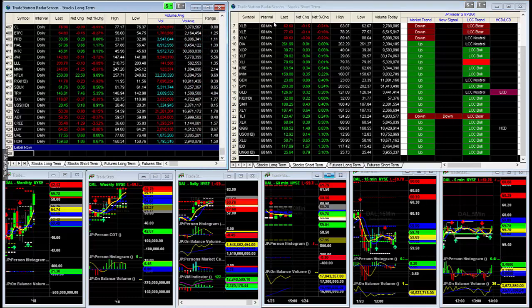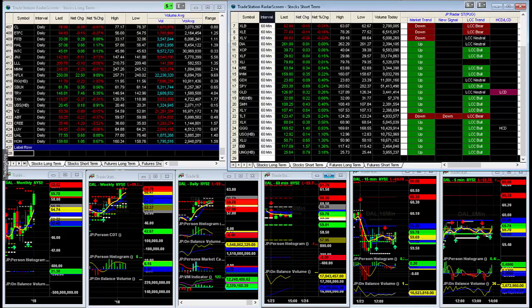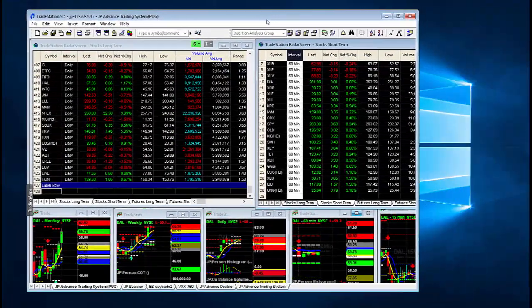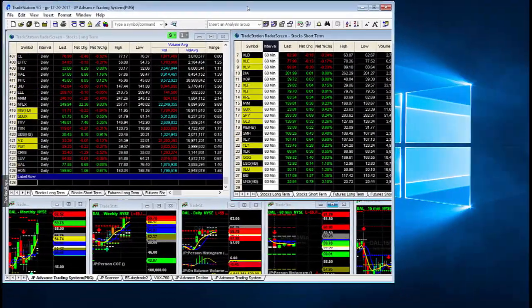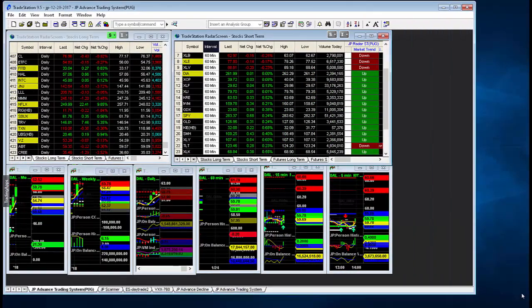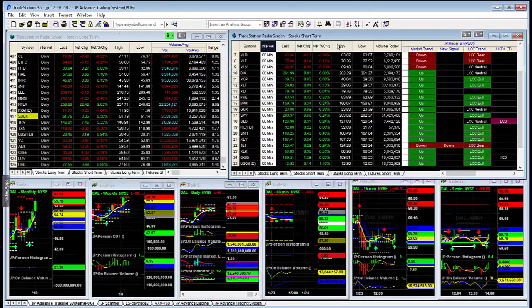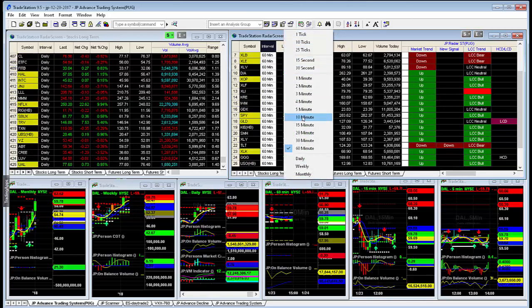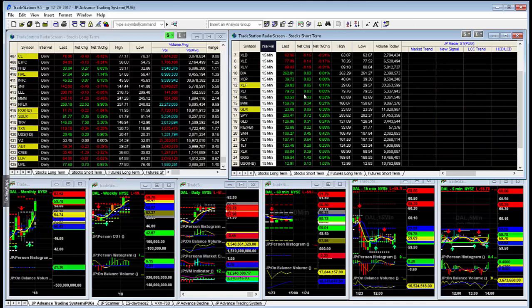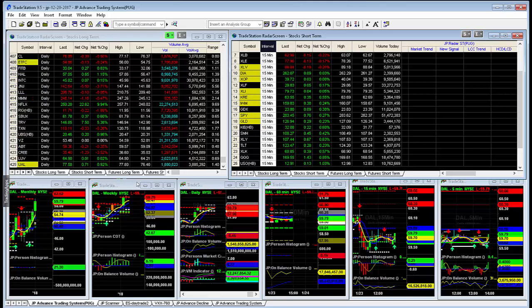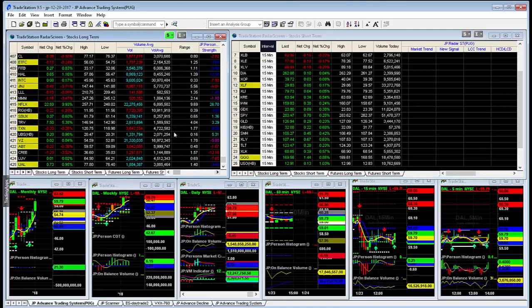So let's say I want to watch for intraday, and if I change this interval, I go up to my interval, change interval, which might be out of focus, so let me move down the screen here and go through here with you. All right, here we go. So the change interval is this icon. It looks like a clock with a bar chart. If I click on that, I want to go to 15-minute charts. So if I want to have just 15-minute signals to confirm possibly my daily information.